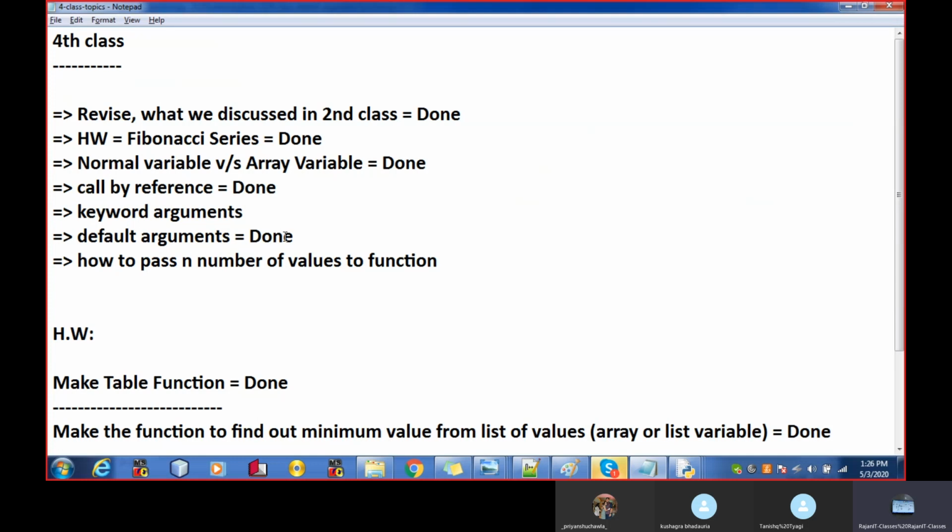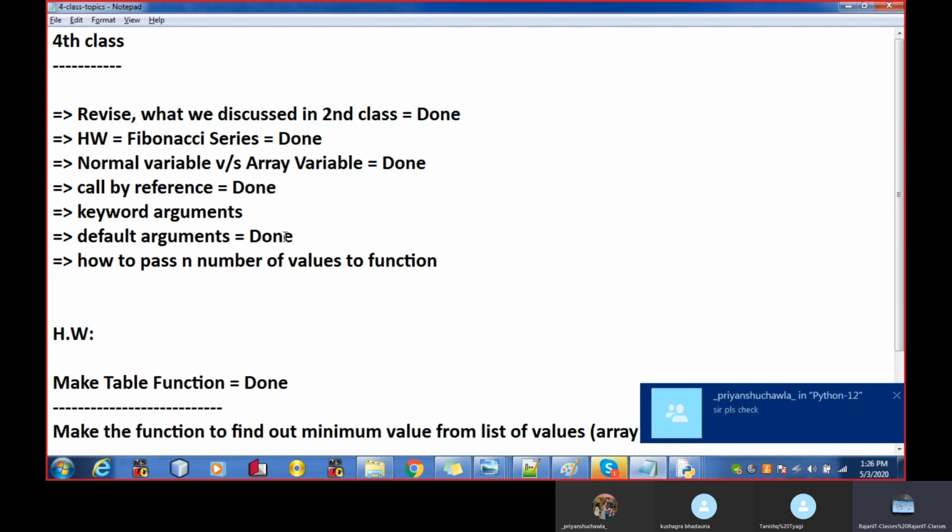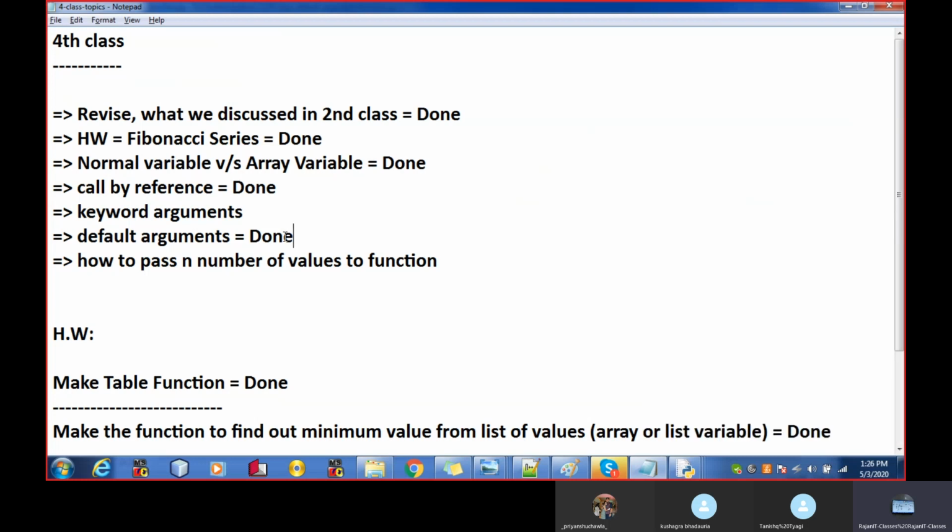Just to ask what is the difference between normal variable, array variable. Maybe I will take the test of the call by value and the call by reference. So it means that I will ask the questions on what we discussed so far in the last 4 classes in the next class, right? So be prepared for all the 4 classes.